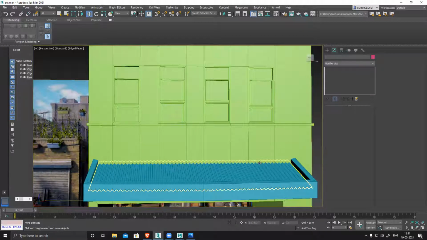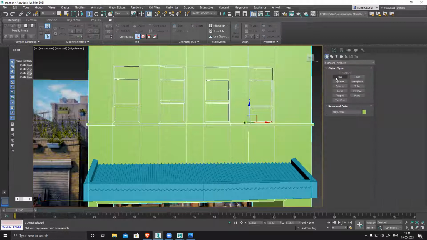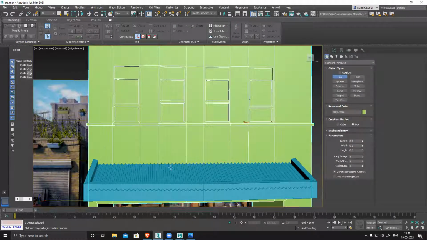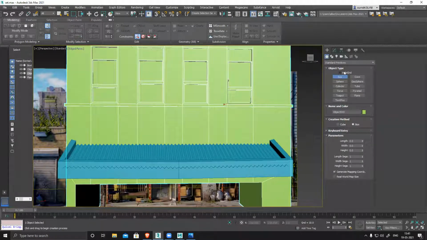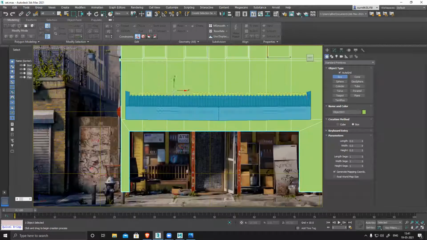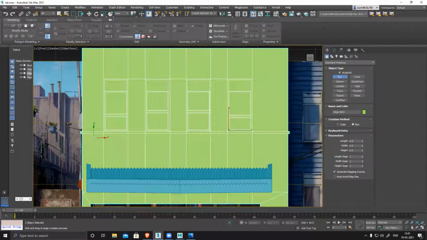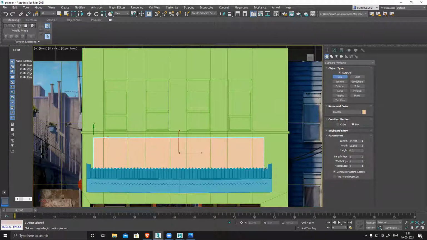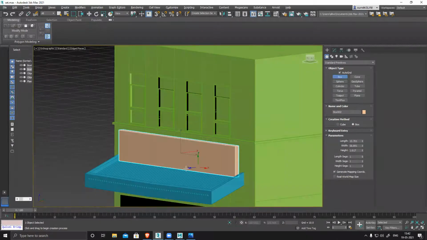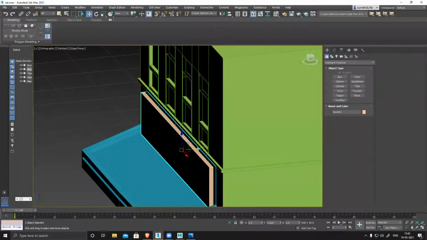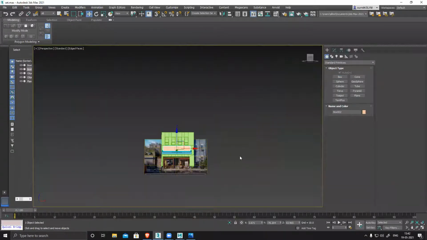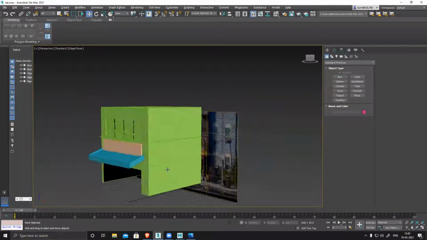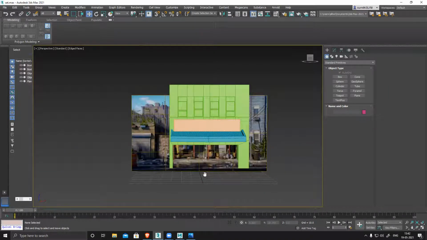Front, there is one more plane. So like this, go to a box, and switch on your auto grid front. Like this, it should be slightly inside. See, basic structure is almost ready, almost there.